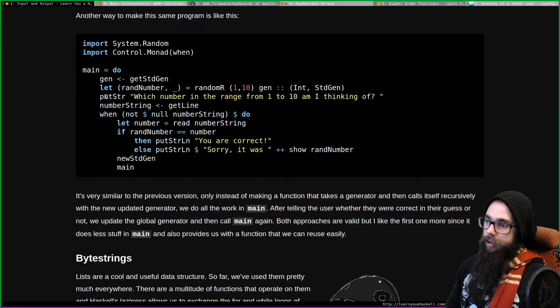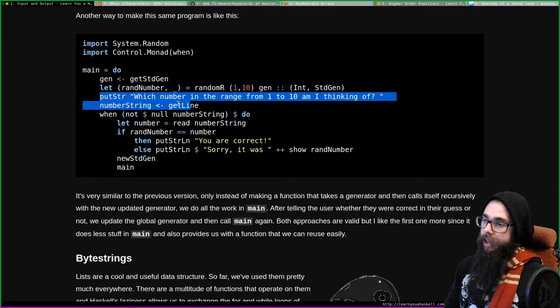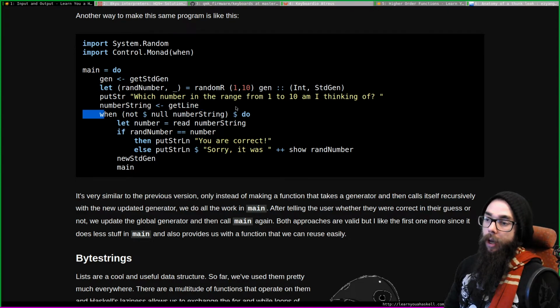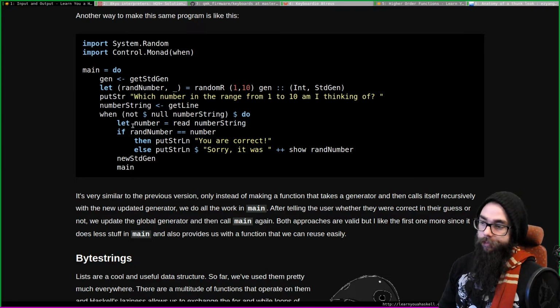Right. Which number in the range of 1 to 10 am I thinking of? Number string, we get the line when the line is something rather than nothing. Let the number be read number string, right? We get our int. If rand number is equal to number, then you are correct, or sorry, it was, and then we show the